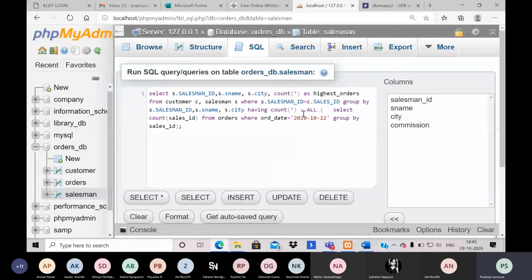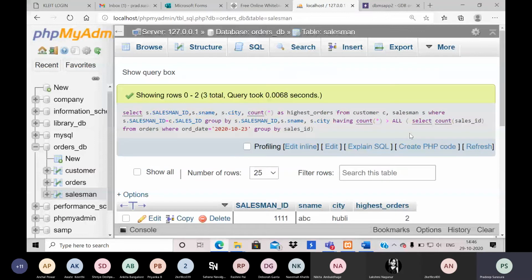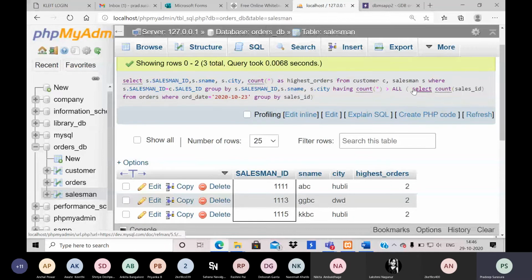this query I manipulated so that I will get some value based on a particular day. So on this day I have some 4 records. So based on those 4 records I got some value. So what if I make this something else and see what happens? Yes, I do get some results. On that day the value was 4, correct? Did you understand what I said? On that day the count was 4.